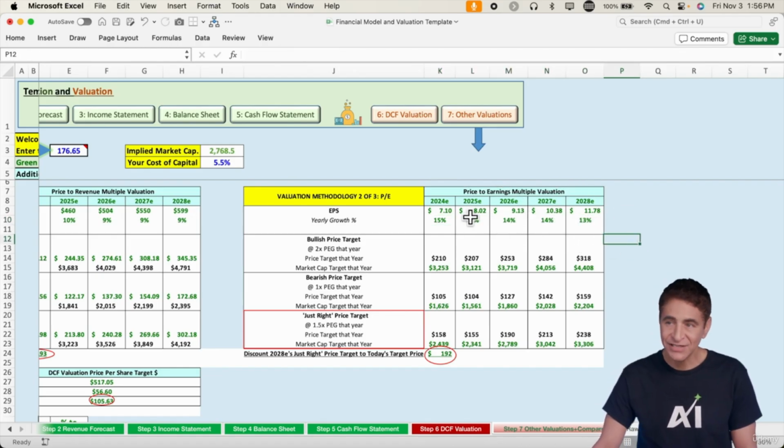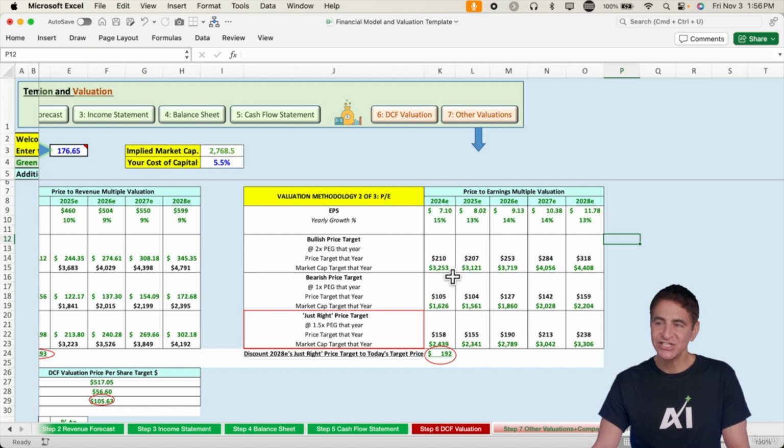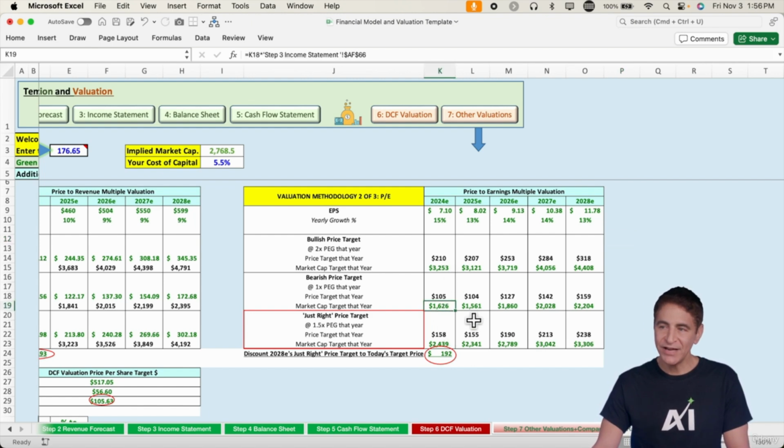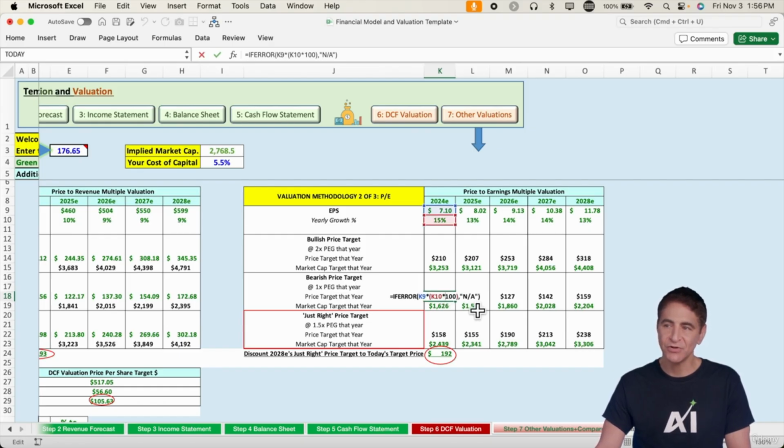So now that we have that, let's explain this target price right here. It's the easiest one to explain. So right here, I've got a target price of 105. That's a bearish target price. And what that will do is it will assign a P/E multiple of 15 times, meaning 1 times the growth rate. So the math behind it is we take earnings per share times